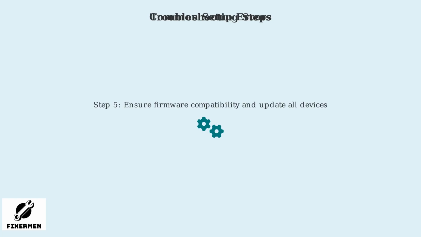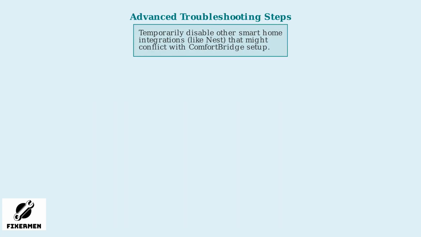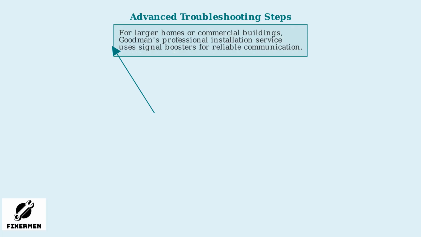If issues persist, outdated apps or firmware incompatibility are likely the cause, so ensure all devices are up to date and compatible. For persistent issues, consider these advanced troubleshooting steps. Temporarily disable other smart home integrations, like Nest, that might conflict with the ComfortBridge setup. If you still encounter errors, Goodman's professional installation service uses signal boosters to ensure reliable communication, especially in larger homes